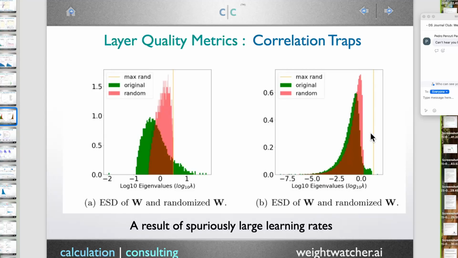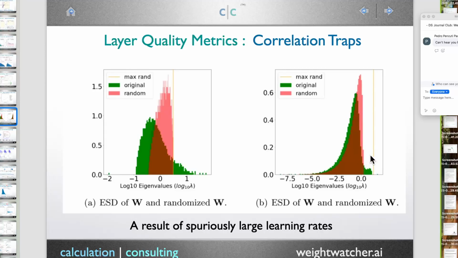Like if you look at what people are doing in statistical learning theory, they'll say, well, you have a spectral norm. I go, spectral norm of what? Is it the spectral norm of the weight matrix or the spectral norm of the randomized weight matrix? Because if you assume the weight matrix is IID, then you get a completely different spectral norm. And so what happens is this large rank 1 perturbation in the underlying W screws up the correlation structure of the matrix and induces a kind of overfitting.